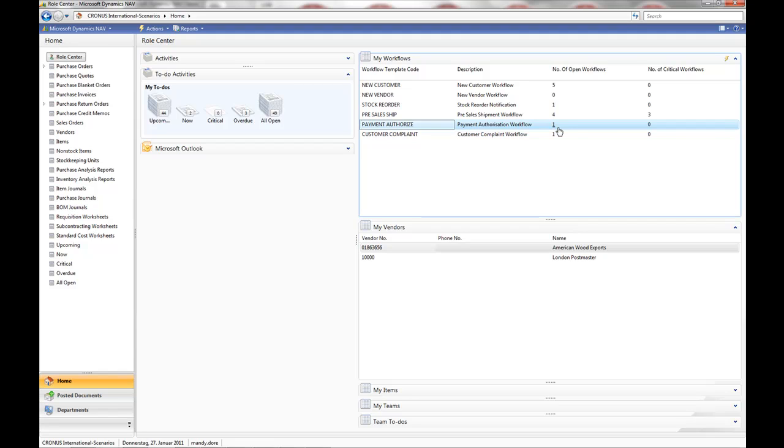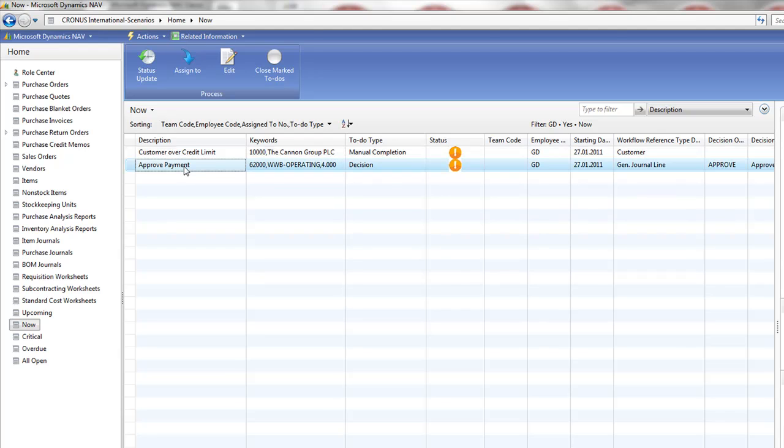Annette Hill has entered in a payment journal, and it's triggered the payment authorization workflow. It was in the local currency, so that means that Agilus workflow has automatically worked out that this approval is for Jeff. Here I've logged in as Jeff, and if I look into my to-dos, I have a new